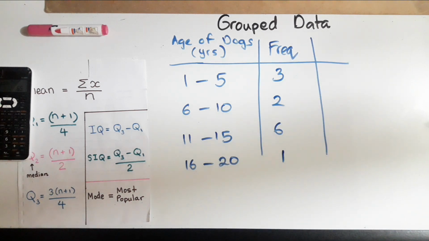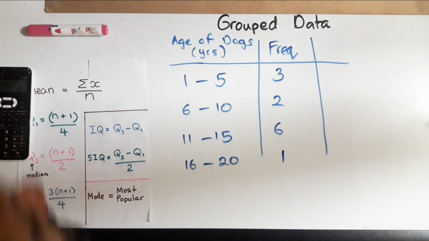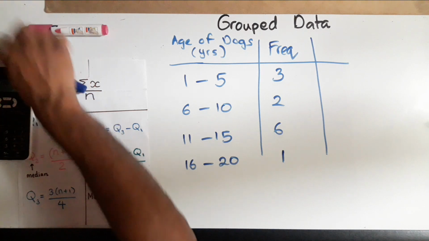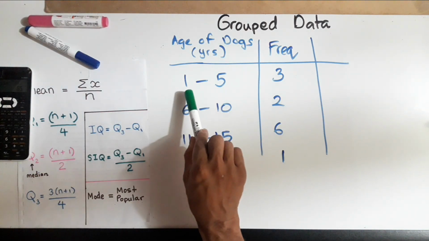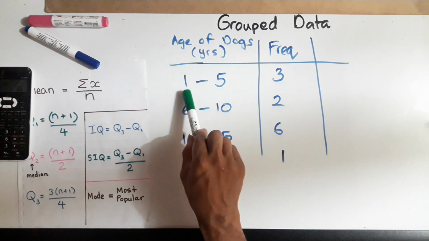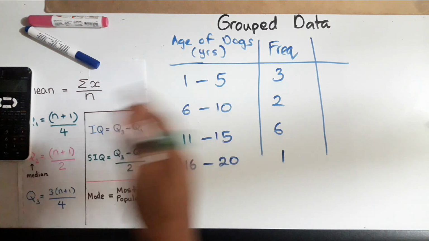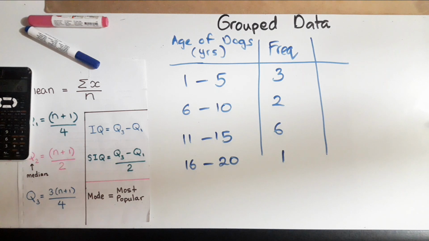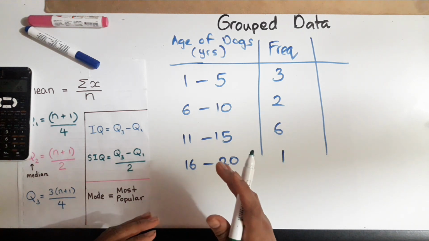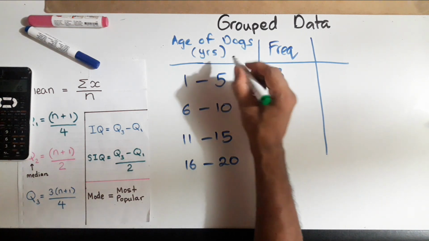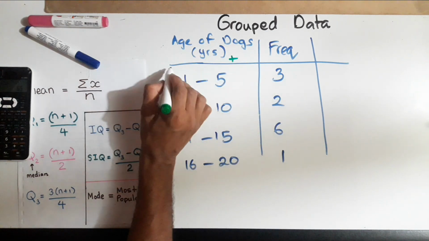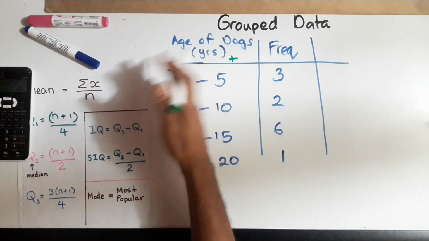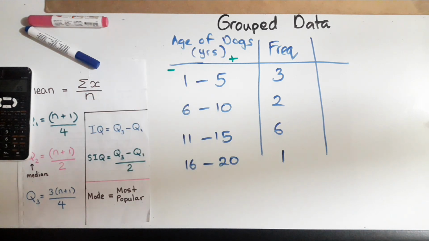All right, let's get some questions going here now. One of the popular questions: when they give you a range here, this is not 1 minus 5. This is 1 to 5, so it's a range. Now, sometimes to get a full range, we usually need to add a certain number on this side, and we need to minus a certain number on this side. So how do you know what number to add and what number to subtract?